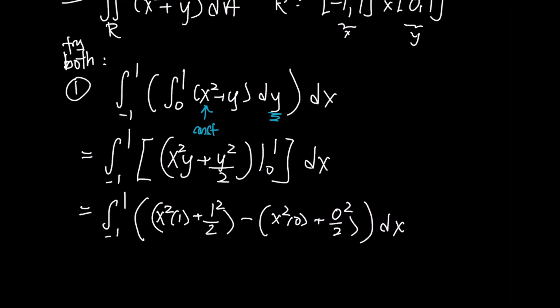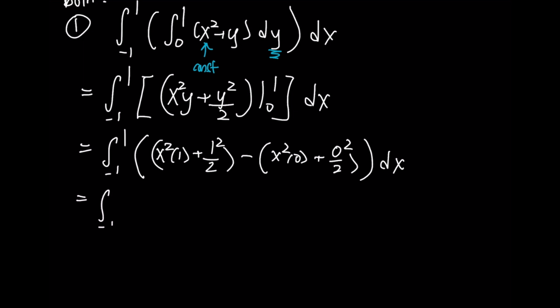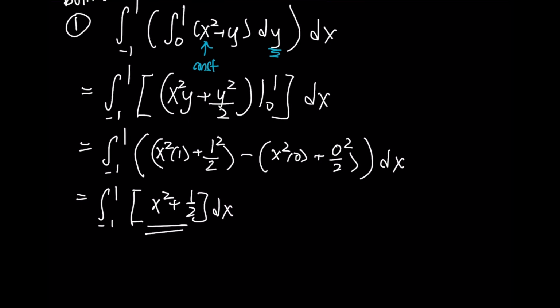The first, or the inner integration in this particular case, gets rid of all the occurrences of the letter y. We should be left with something that's a function of x, and that has to match the second integration variable. Now we just perform a simple integration with respect to x. So we'll get x cubed over 3 plus x over 2, and this has to be evaluated from -1 to